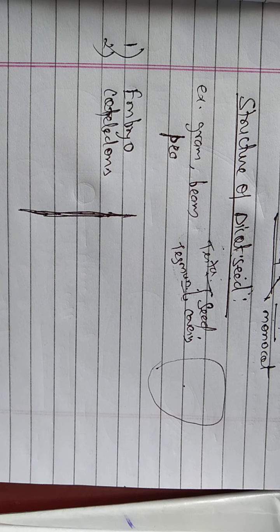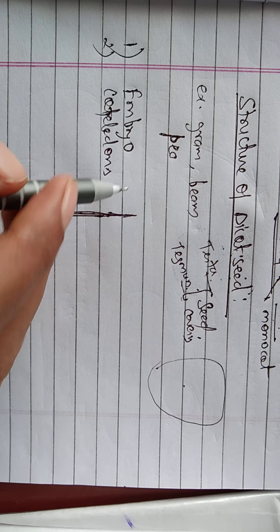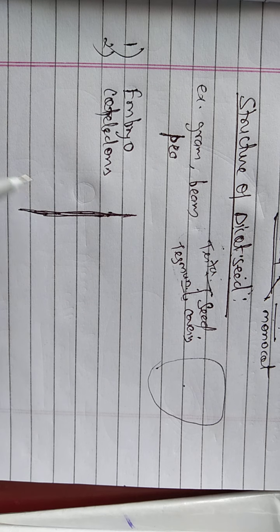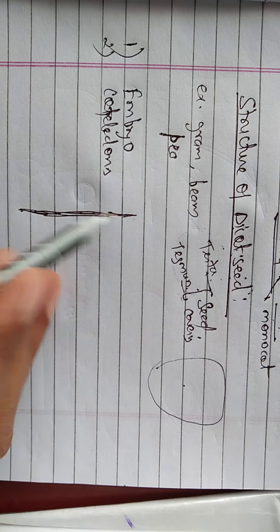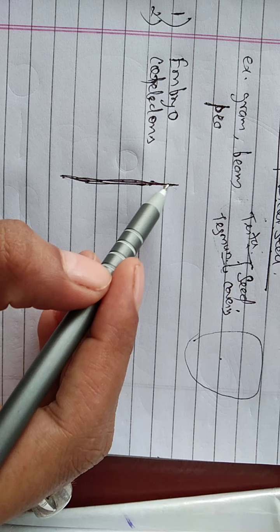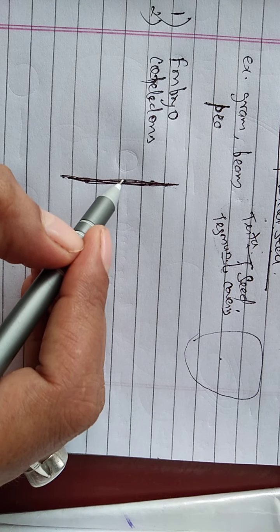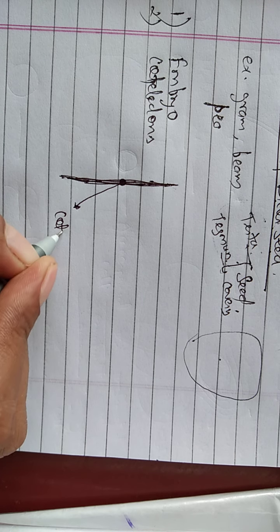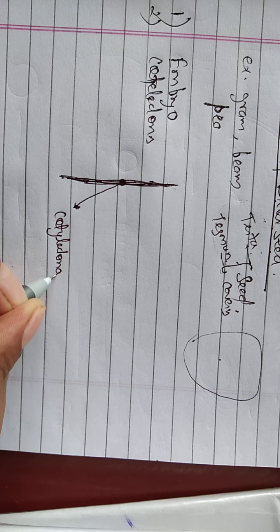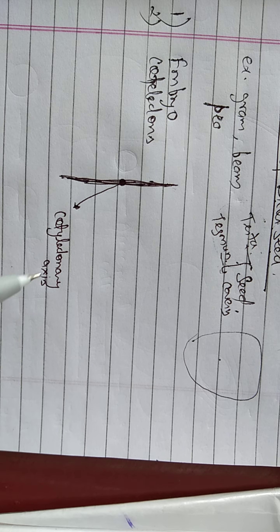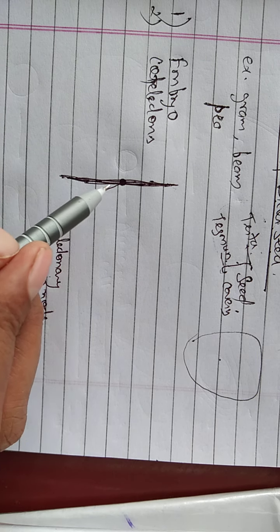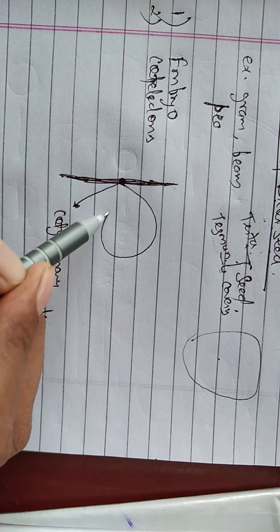Okay, so whatever the type of seed, if we discuss the dicot seed, it mainly consists of an embryonal axis, and from the embryonal axis two cotyledons are developed. Dicot is there, so two cotyledons are there. Suppose this is an embryonic axis, the central part is the cotyledonary axis, and we can also call it the cotyledonary node. From this cotyledonary node, two cotyledons are there.